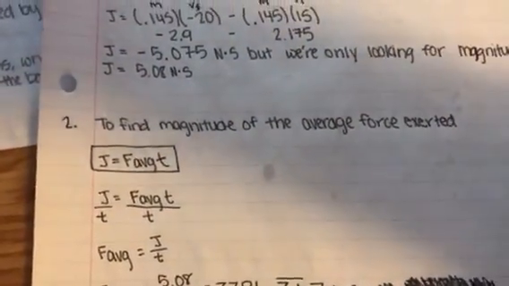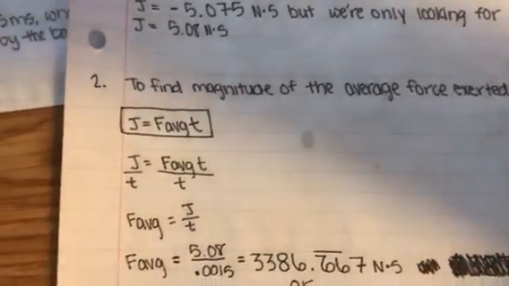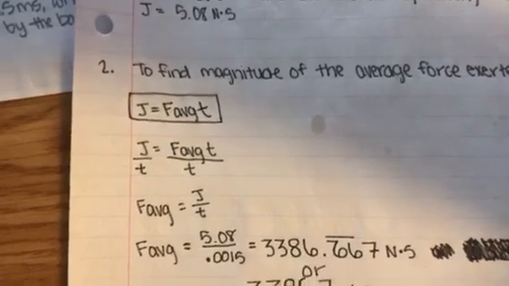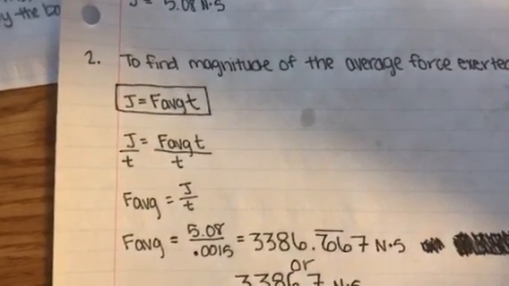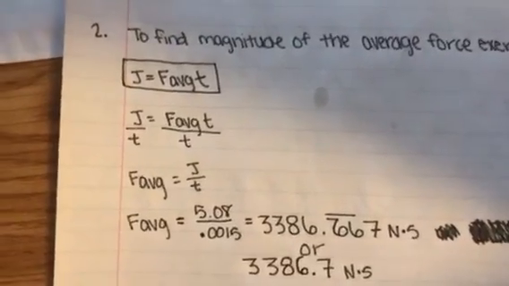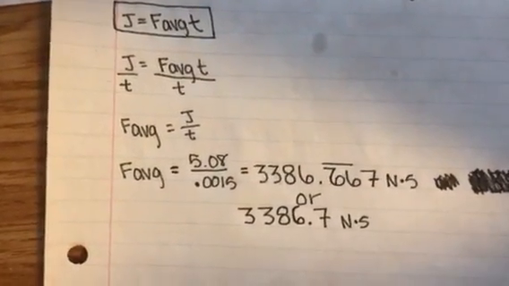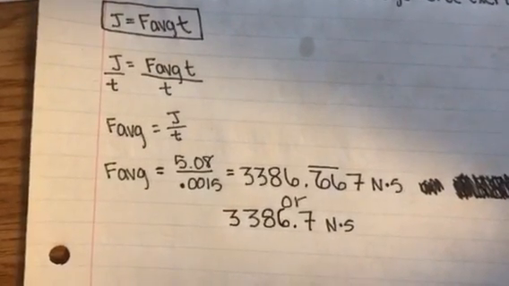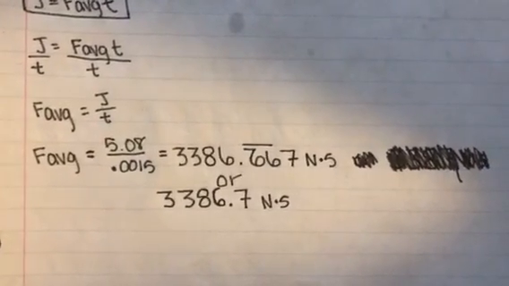As for the second question, we needed to find the magnitude of the average force exerted. The equation I used was J equals average force times time. To single out average force, I divided both sides by time, moved J divided by t to the right so it looked clearer, and then I just plugged them both in. J we found in the first problem, and time we knew from the beginning. I divided those two numbers, and the final answer was